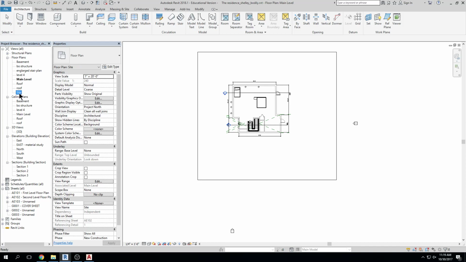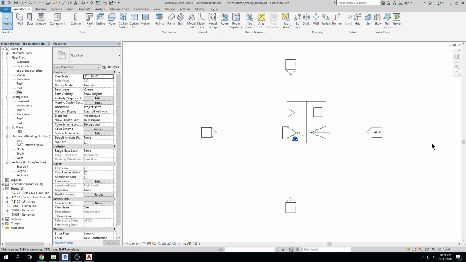And that's a generic, default level that is created in Revit when you start a brand new file. I'm going to double click on it and open it up, and all I see is my house. I see the roof plan of my house, right? And that makes sense because on an architectural site plan, in fact, I have a pretty good